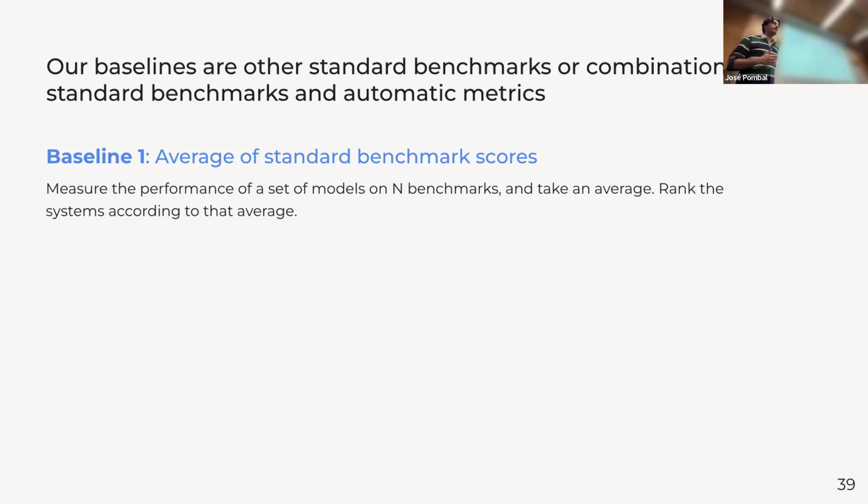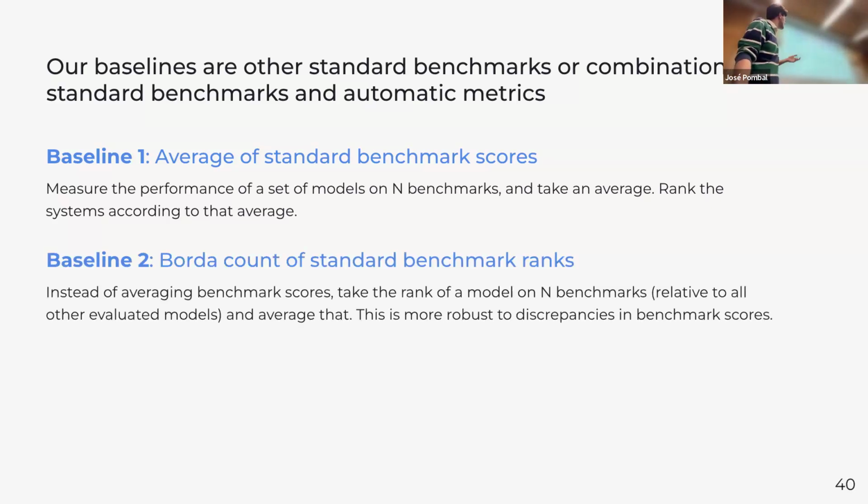And the most naive way to do this aggregation of benchmark scores, to obtain system scores, is averaging benchmark scores. A lot of people do this. It's not super smart, but it is what it is. Then there's a smarter alternative where you take what the Borda count on these benchmark scores. So instead of averaging the raw scores or some transformation of the scores, you average the rank that a model gets on each benchmark.